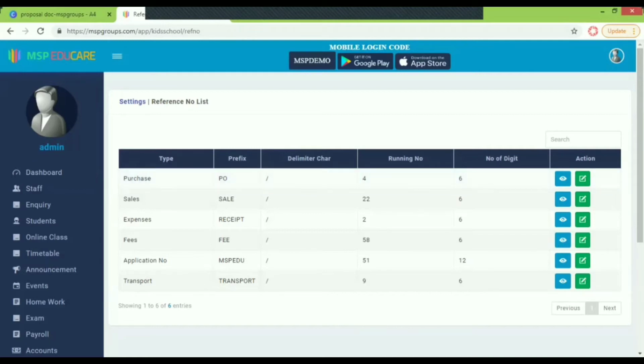For example, let us assume you are about to add a teacher's employee ID. For the employee ID, you can make a type over here and give a prefix for it. Then you can give a running number, what the present number should be, and how many digits it should consist of. So all those things you can make a note of, where the reference number will be saved in a stack and it will be auto incremented each time it is generated.